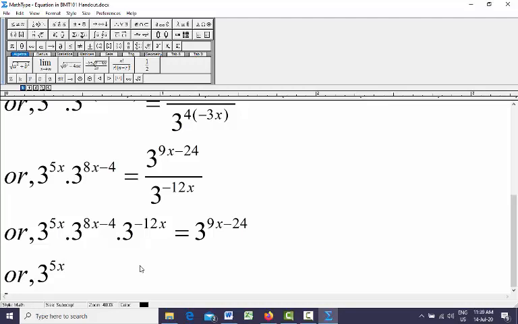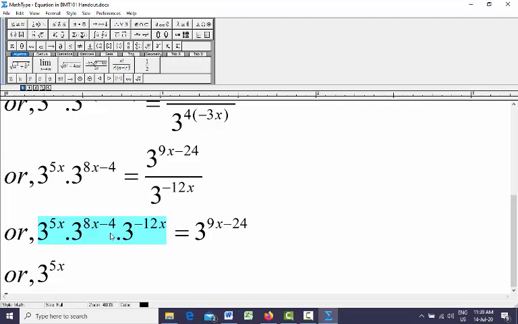So as I said before in my last class, when you have same base but different power, and if you are doing multiplication, only if you are doing multiplication, in that case